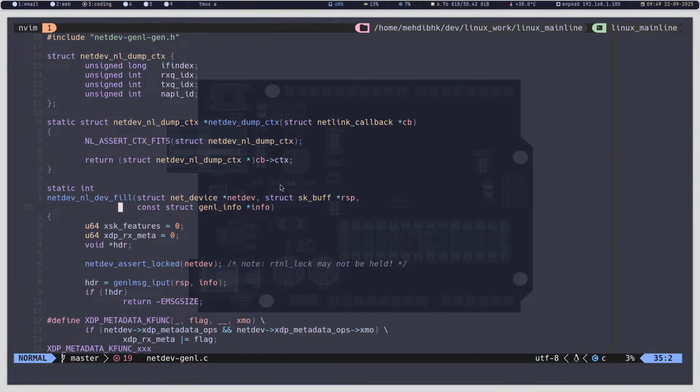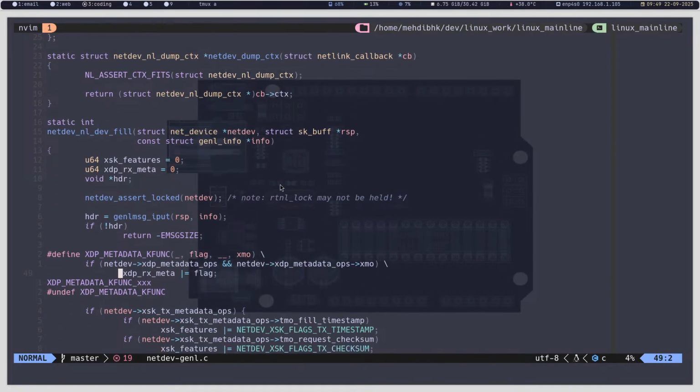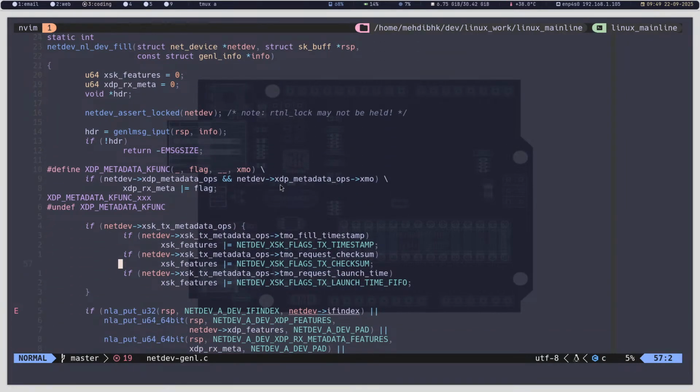Okay, let's see. This is what was defined before, but now we're using the flag and the auto function. The effective metadata operations. So